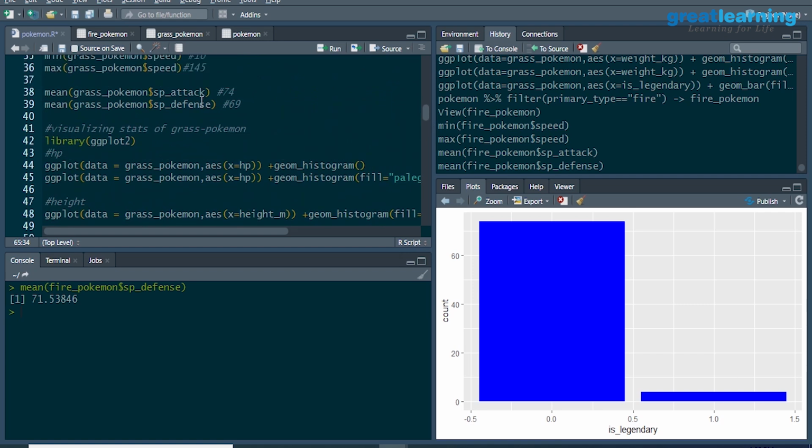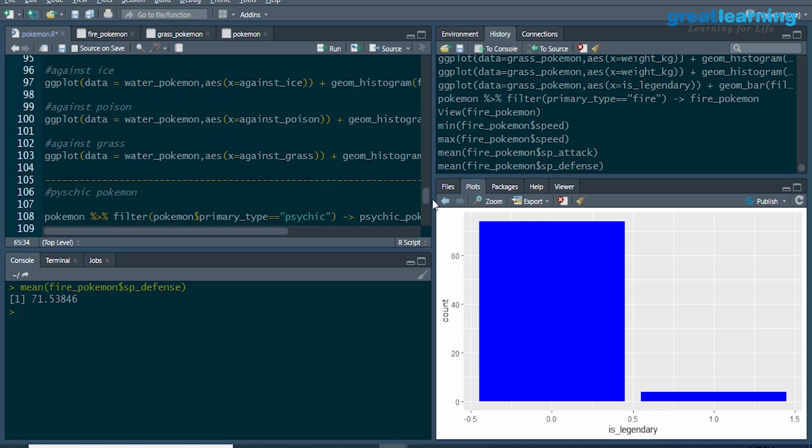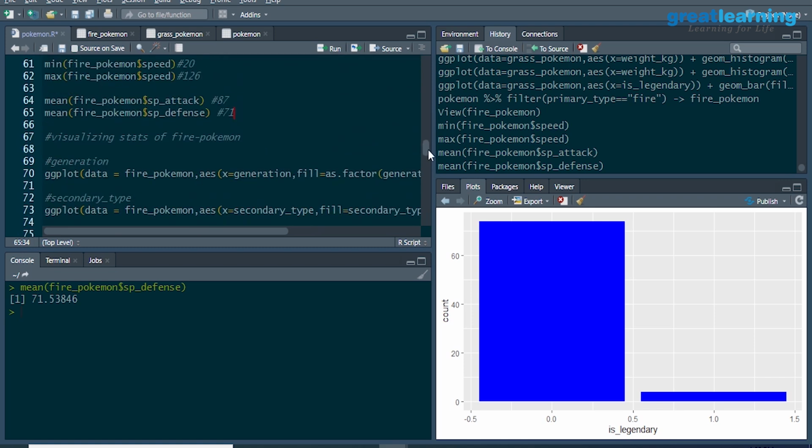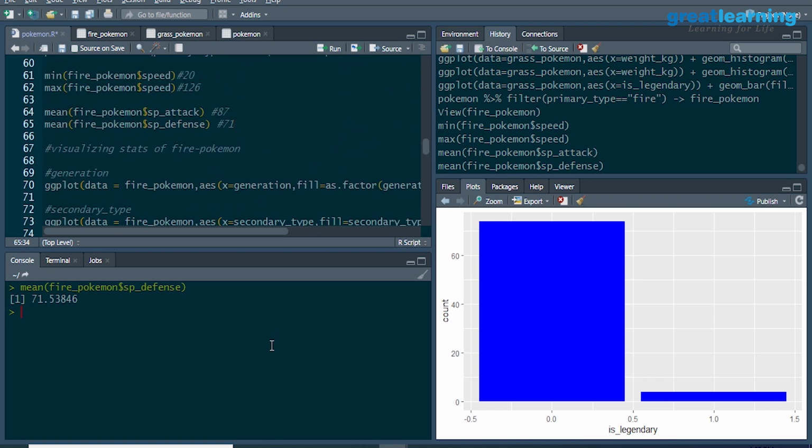So when I compare it with grass type, it seems that fire type Pokemon has a higher, or on an average, fire type Pokemons have their special attack and special defense to be higher than grass type Pokemons. So this is again very interesting to know over here. So now that we've done this, we would have to go ahead and visualize some patterns when it comes to